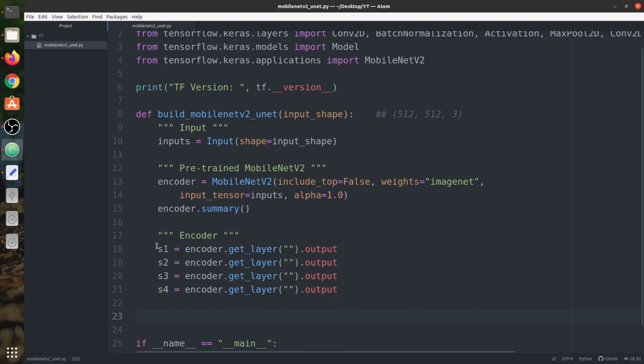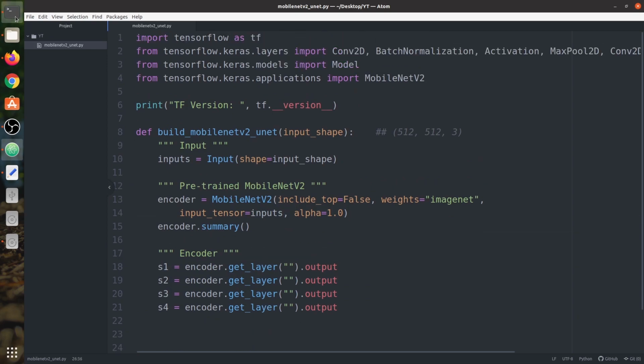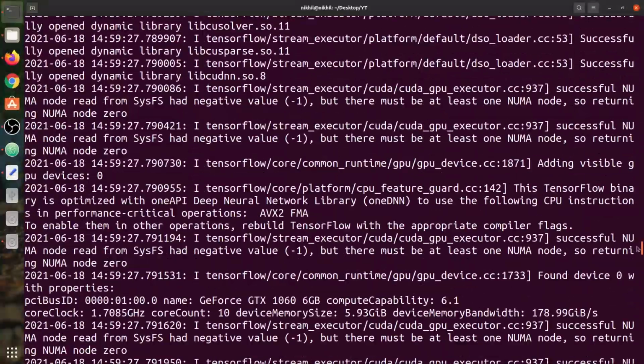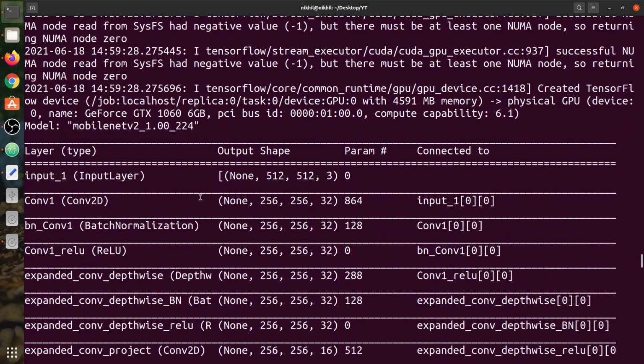Now the skip connection S1 should be of the shape 512 by 512. So we're going to go up and start checking the shape. You can see the initial input layer, that is the input image, has a shape of 512 by 512, and after that it becomes 256 by 256.